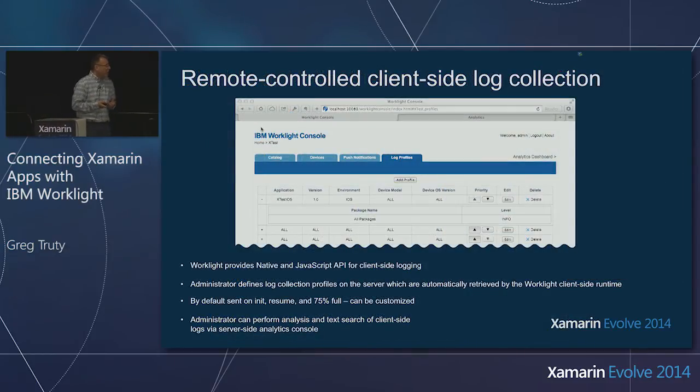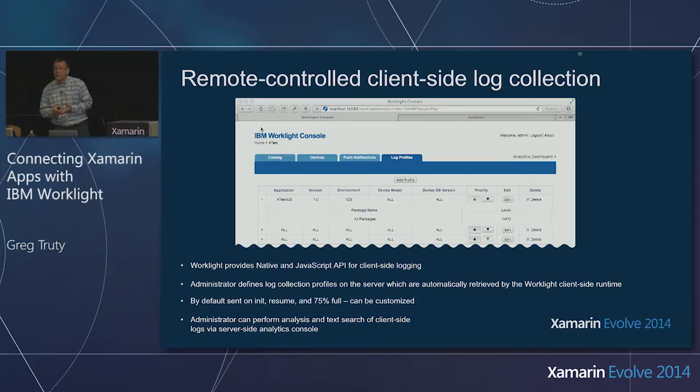Part of what we actually have in Worklight is this remote-controlled client-side log collection. Part of the APIs that we provide as part of the Worklight server and the client side available to the Xamarin developer is to be able to define different log levels of APIs. Info, warning, fatal, error messages that can be logged on the client side. Part of what the Worklight client component SDK does in working with the server is capture that information, and